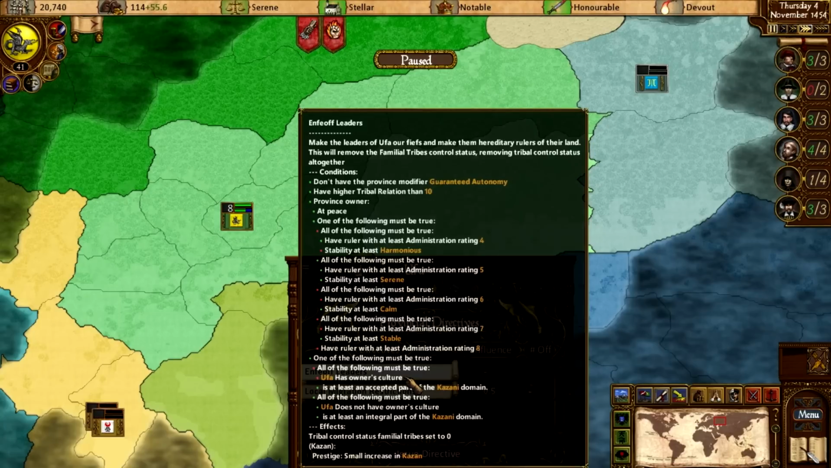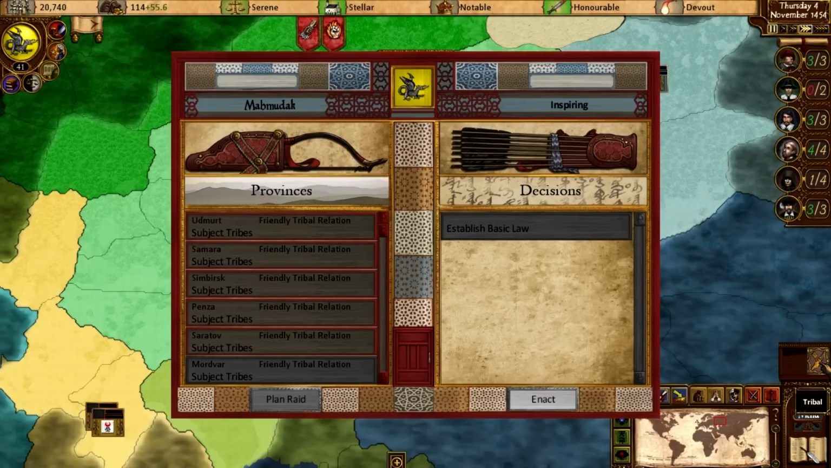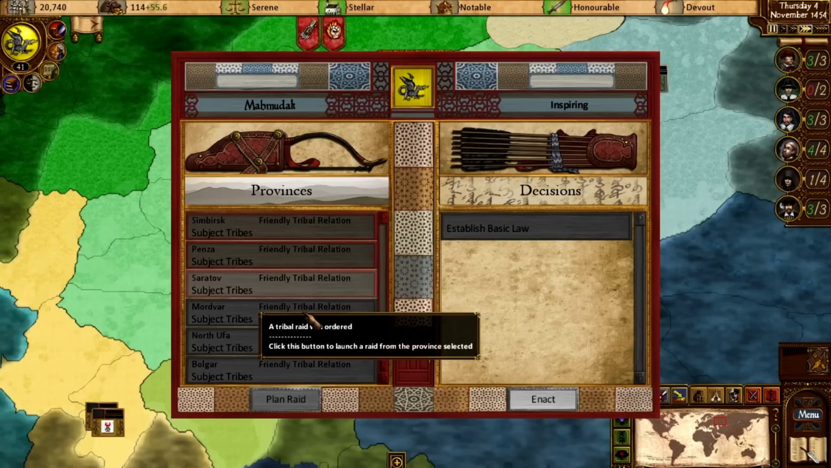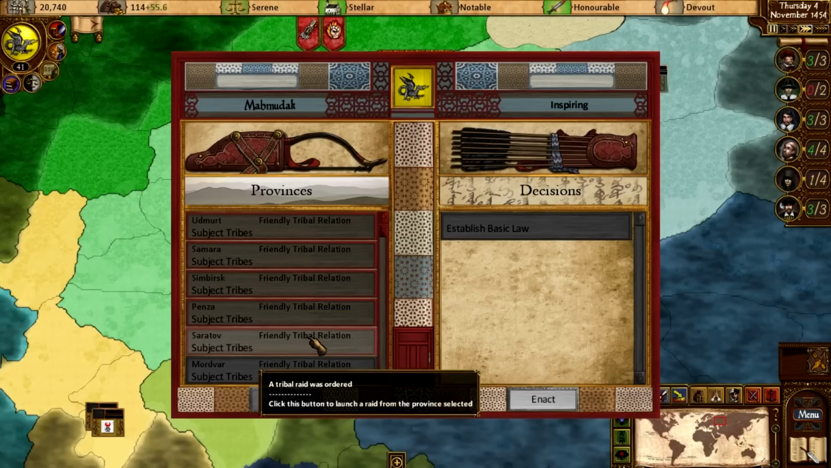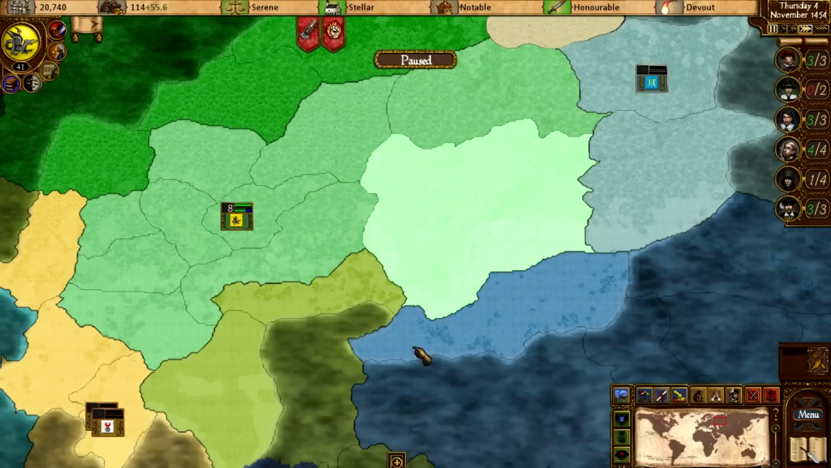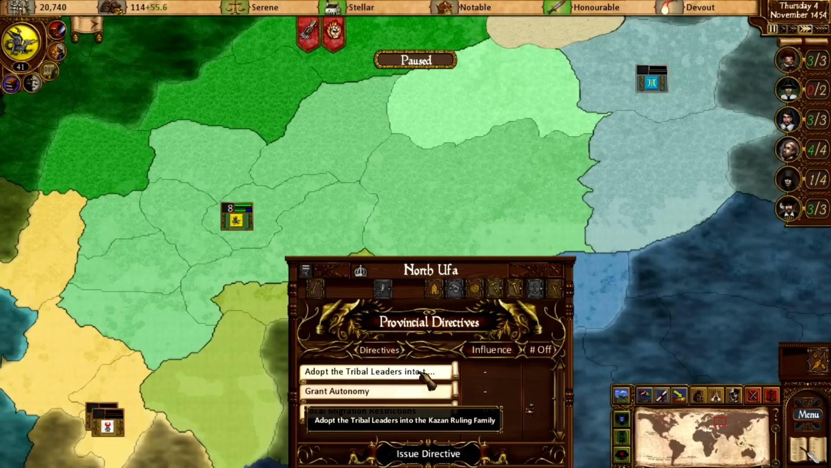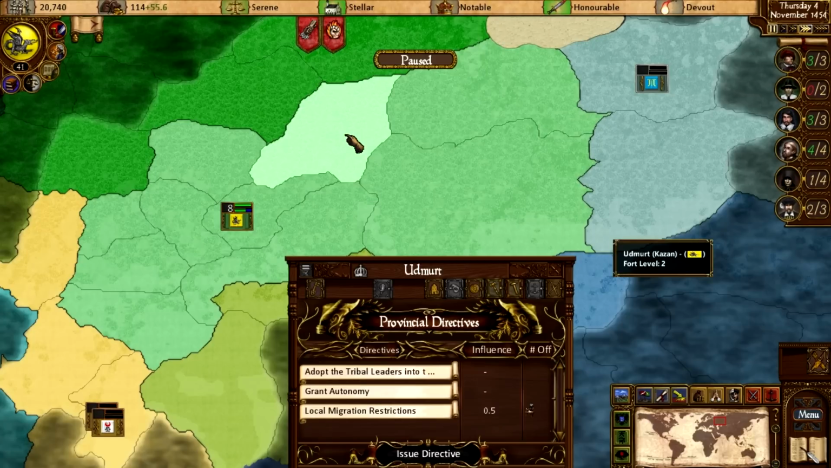So with enfeoffed leaders, I go to the next level of province rule. Now Ufa is no longer even considered a tribal province, because it's completely within my own control. The tribes are not only part of my family, their land is also part of my nation. And so by taking those decisions, I can move away from the tribal system, and I become a little bit more like a centralized state that does not depend on